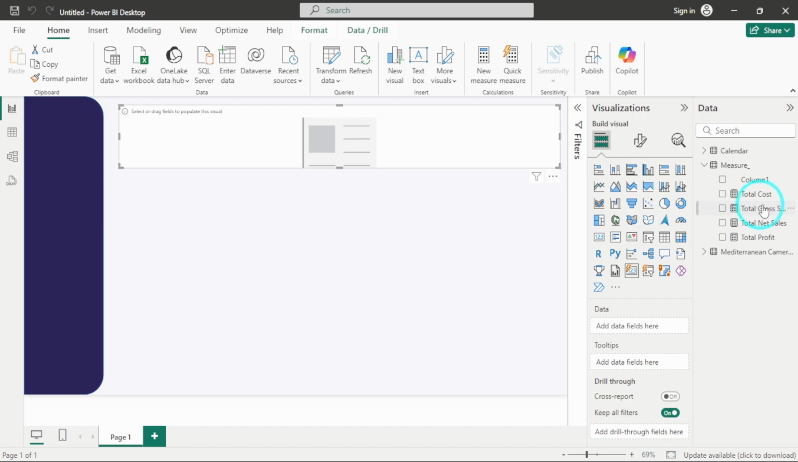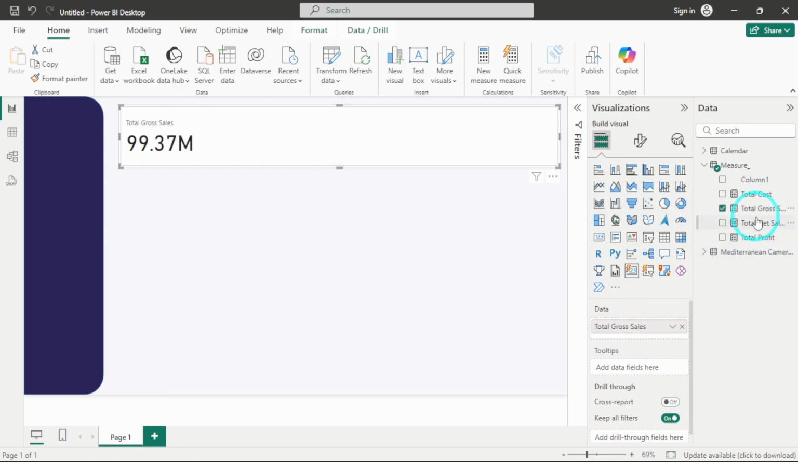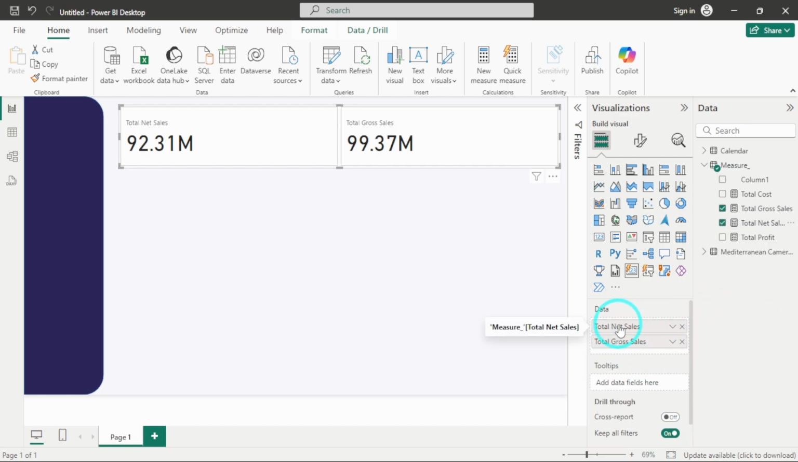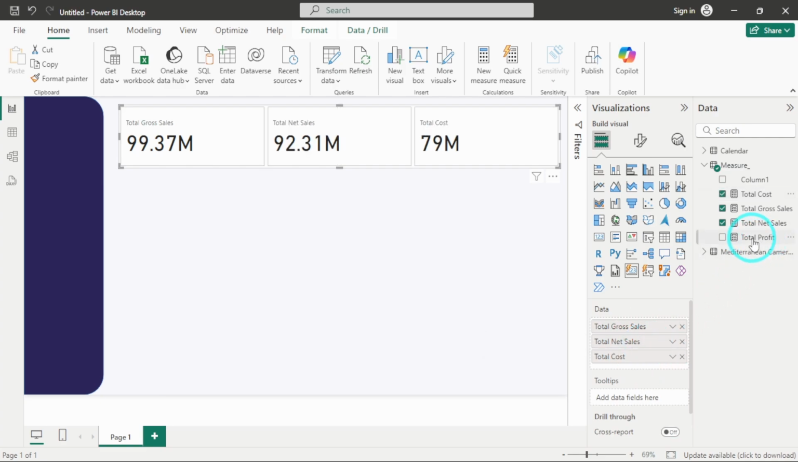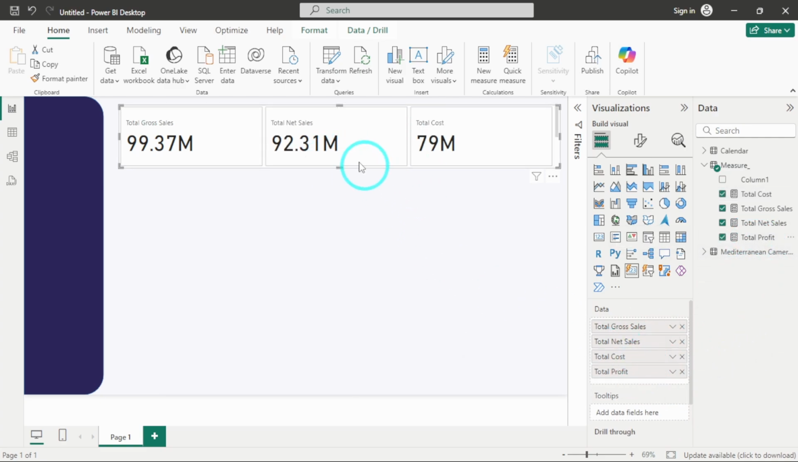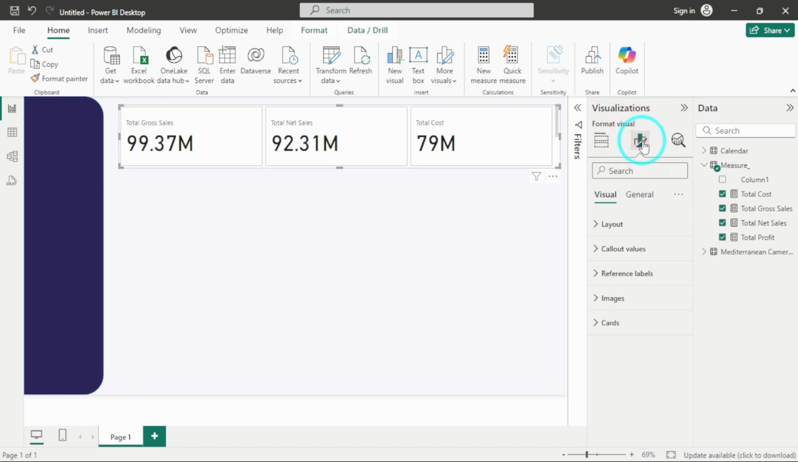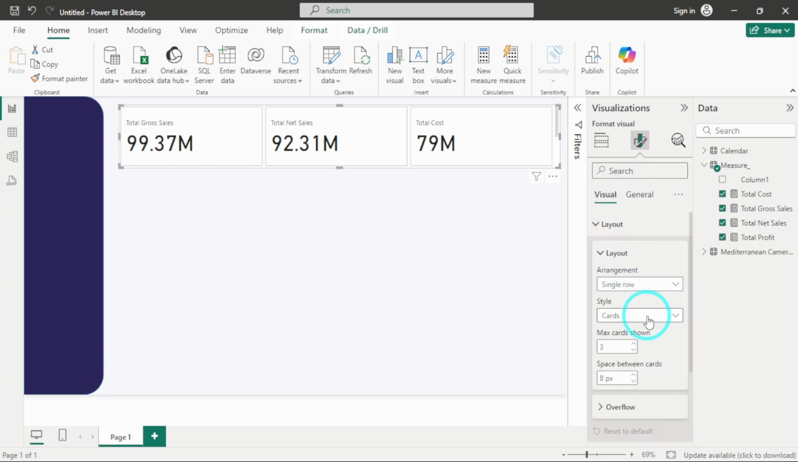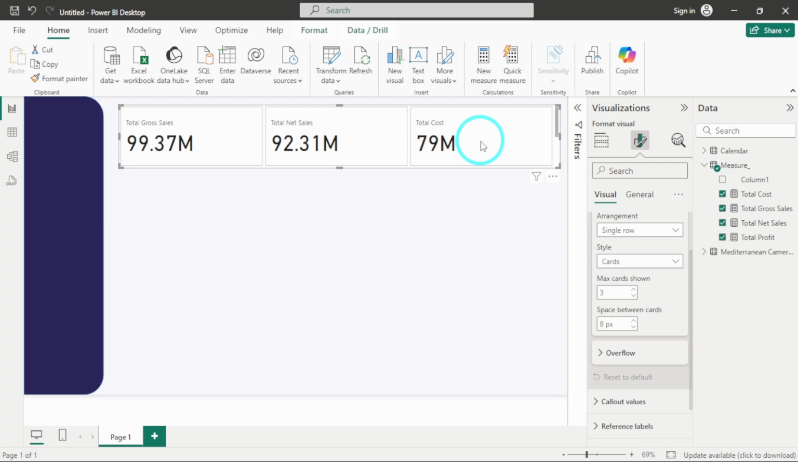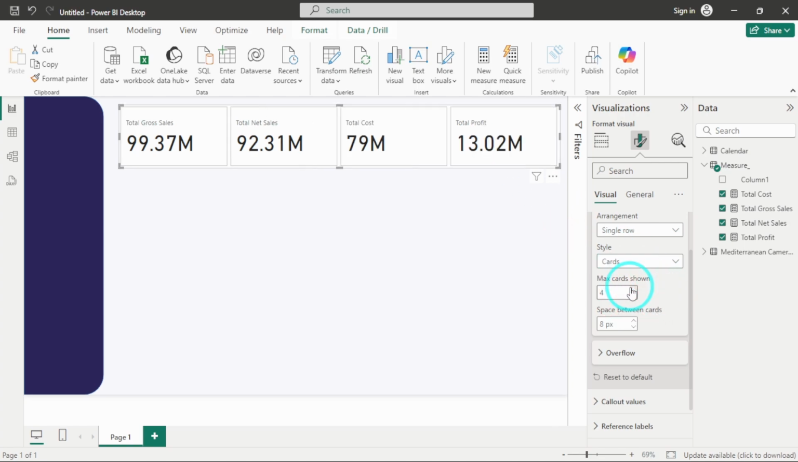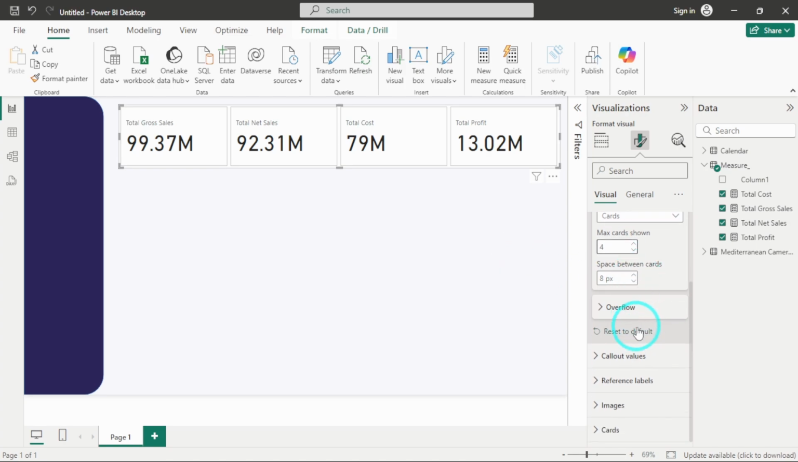I will just drag and drop it over here. In data, first will be gross sales, next will be net sales, next will be total cost, and lastly we have the total profit. Now we will have to do some formatting for this visual as well. So here we will go to this formatting tab, and in layout, as you can see, it is only displaying the 3 cards. I wanted to display 4 cards, so I will just increase the number by 1,